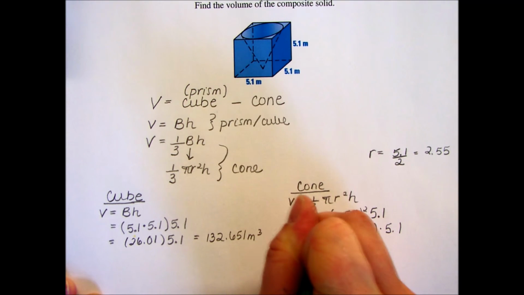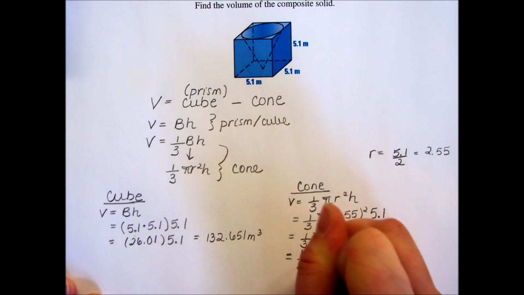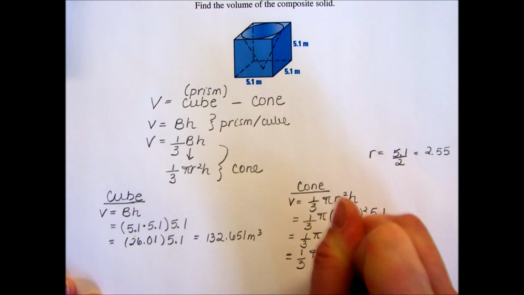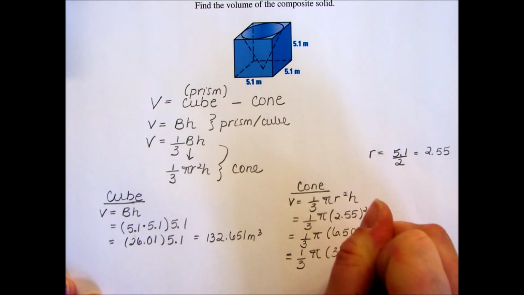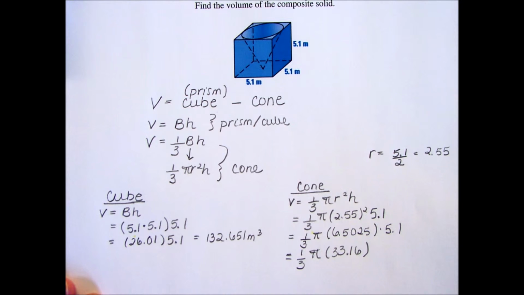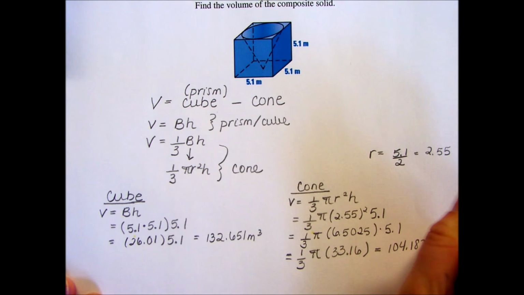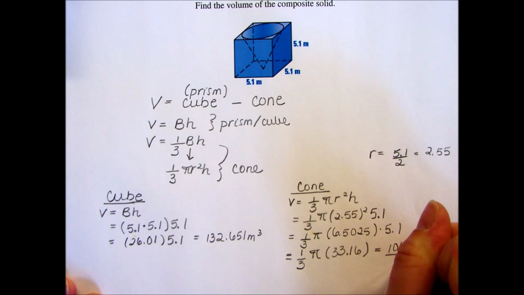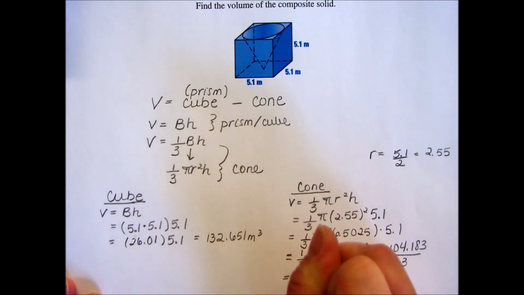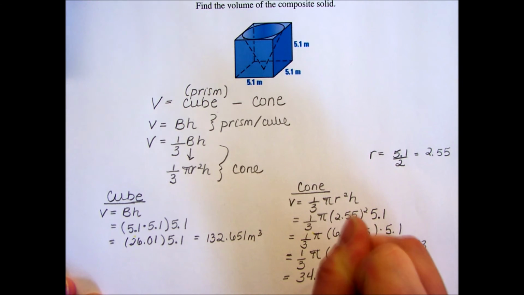And when you multiply those, you're rewriting 1/3 pi multiplied by 6.5025 times 5.1 to get 33.16. And then multiply that 33.16 times pi to get 104.183. Don't forget to divide it by 3. It's the same as multiplying by 1/3 to get a total volume of the cone that is being removed to be